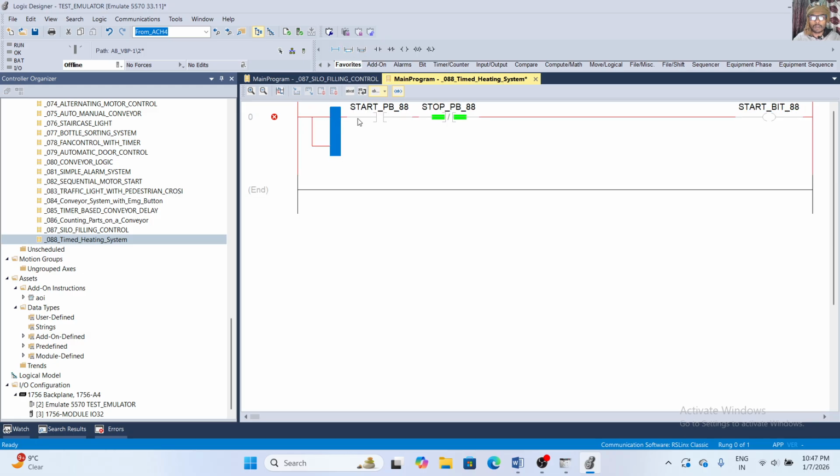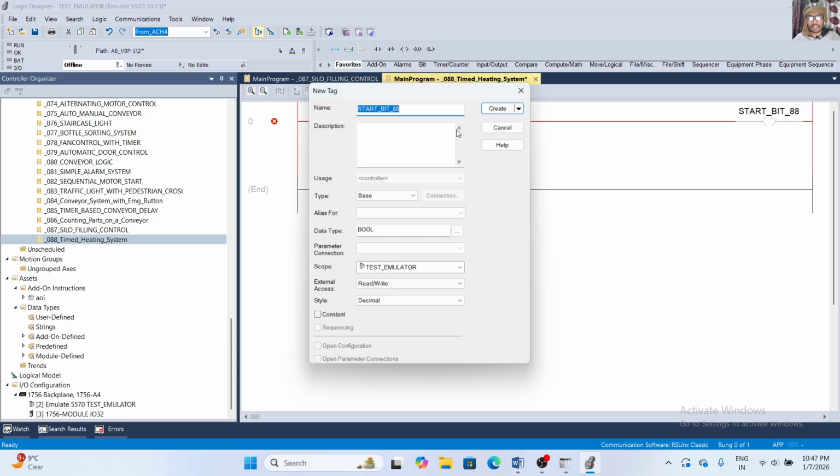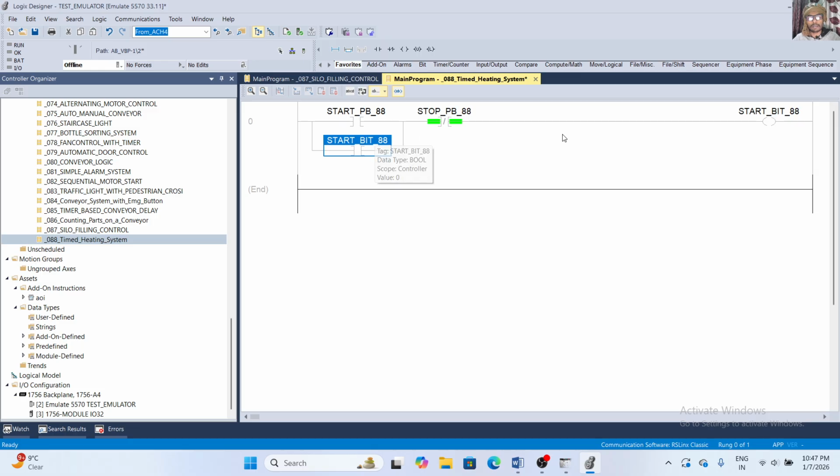Now I hold this rung, Control C, Control V, and I put this bit here. I define these tags: start PB, stop PB, and start bit.